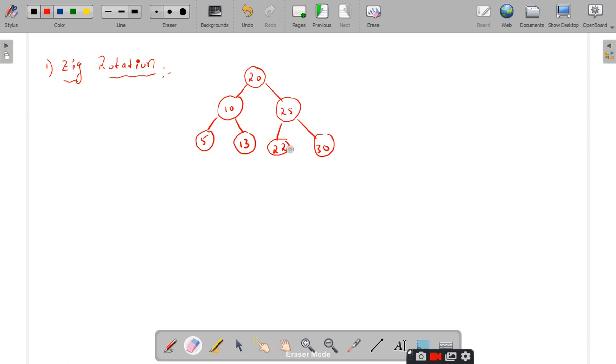So is it a binary search tree or not? Yes, sir.